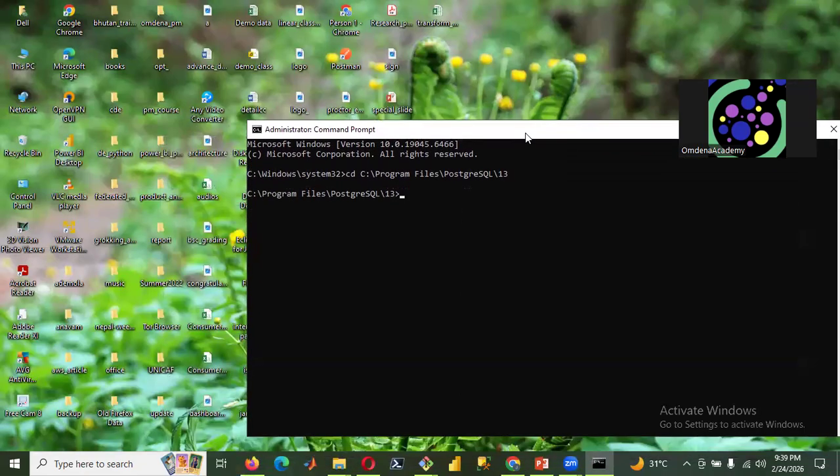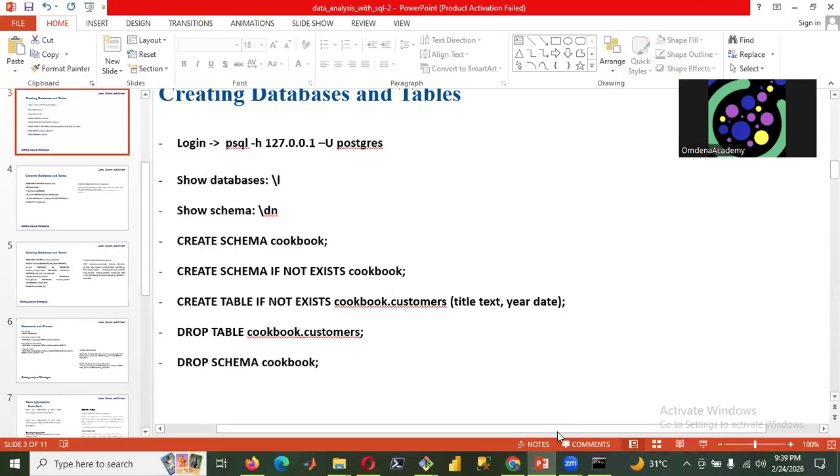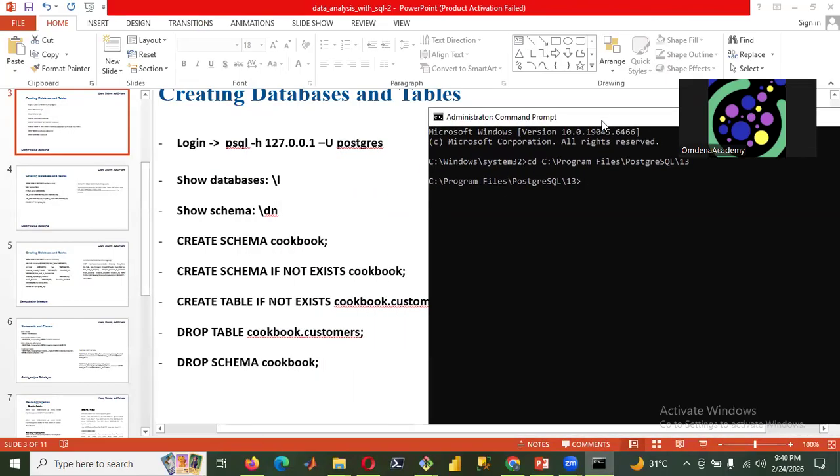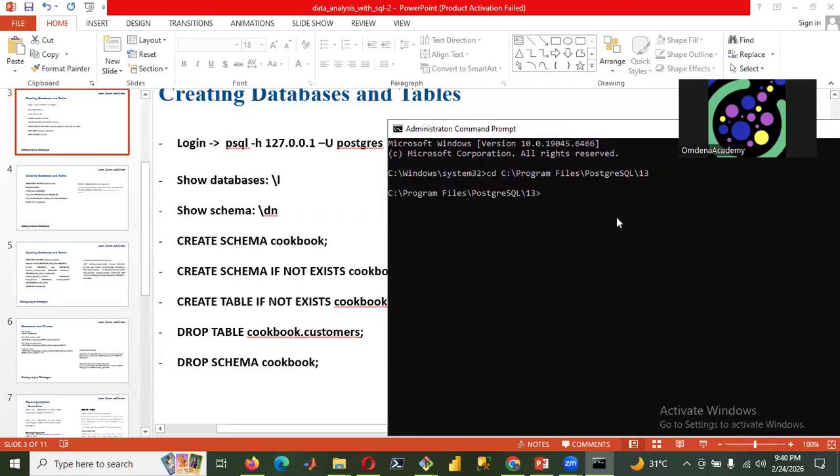Okay, it's here. So following this, all we just have to do, we type it, right? So we type psql -h 127.0.0.1 -U Postgres. Okay, so here remember psql is the command we use to log into the Postgres SQL server, and then